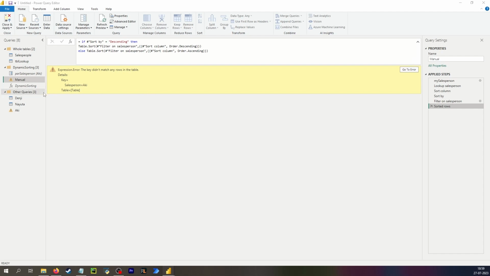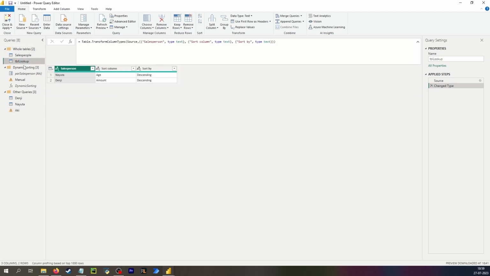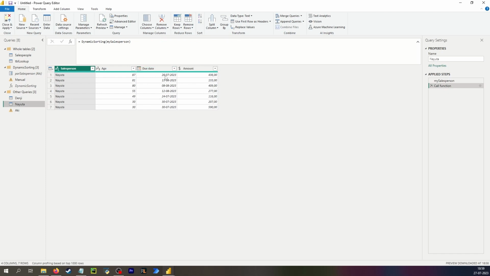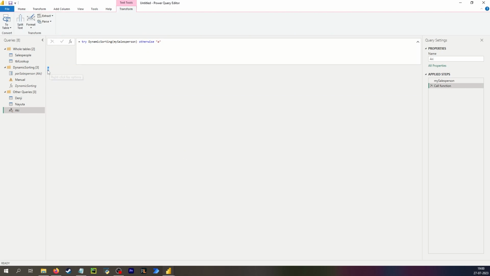And the lazy version is fine as long as you have one standard way you want to handle every single person's sort order that isn't in this. So if you have the basic sort order, which would be I want my due date to be smallest first, so the one that's closest to be too old, then this is fine. So as long as you have that basic version, we can then change this function to say that I want to try to do this, otherwise I want to return something else. So if this breaks, I just want something else, and we can just say so this just returns a text,